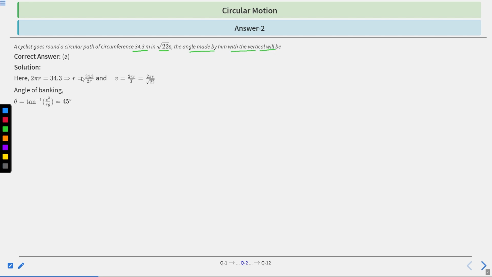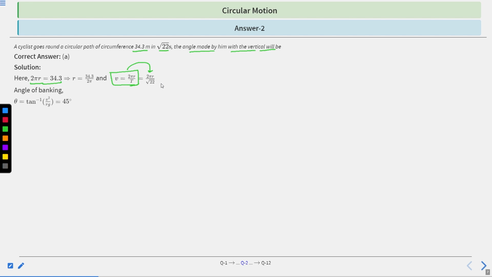Here we know 2 pi r is equal to 34.3. Using this we get r equal to 34.3 divided by 2 pi. And v equal to 2 pi r divided by the time. This is the formula for calculating v, and putting in all the numerical terms you will get 2 pi r divided by